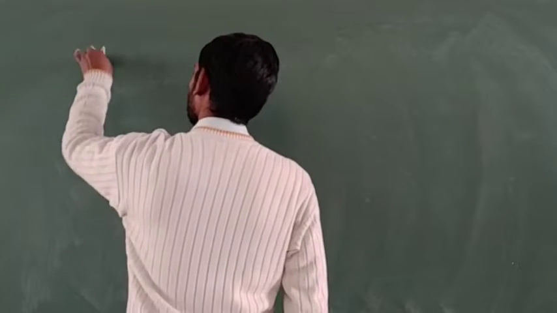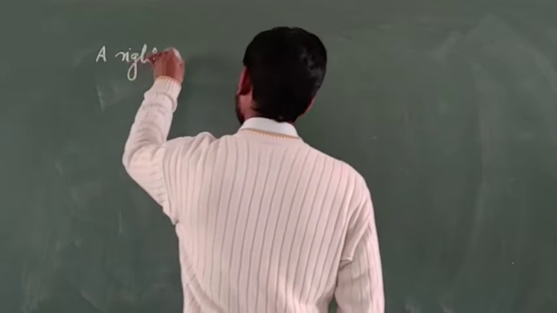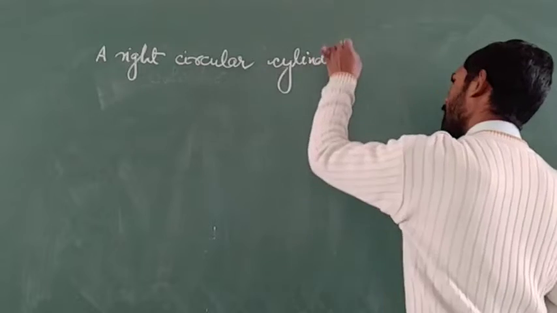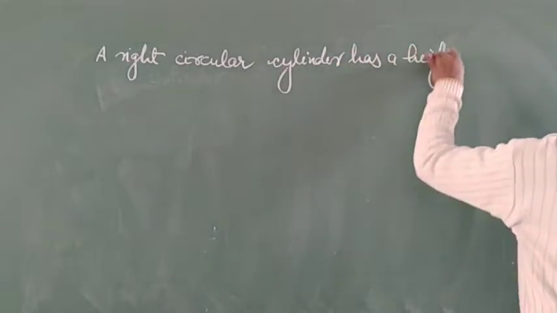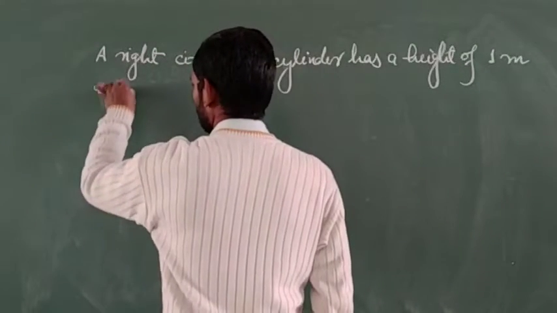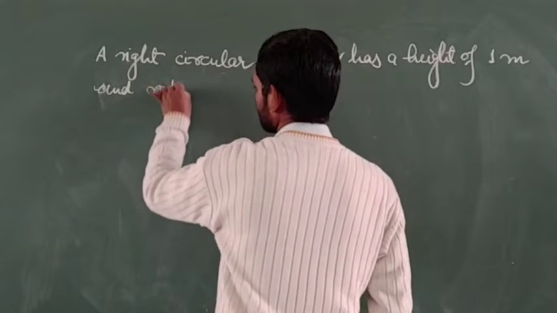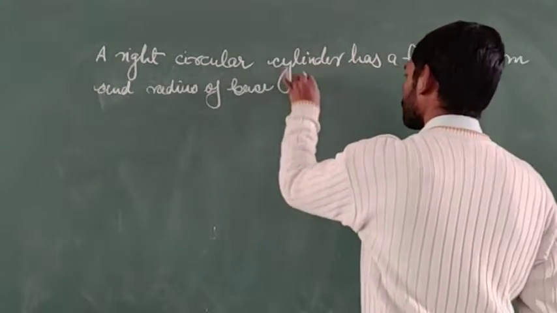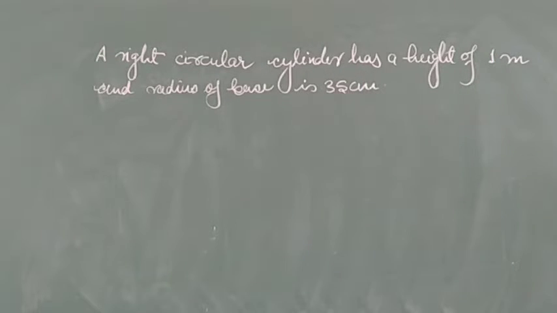So now let us see the question based on this. The question is, a right circular cylinder has a height of 1 meter and the radius of the base is 35 centimeter. Then find the volume